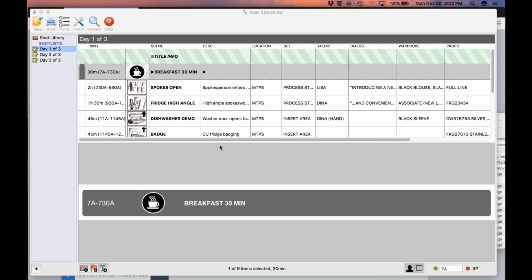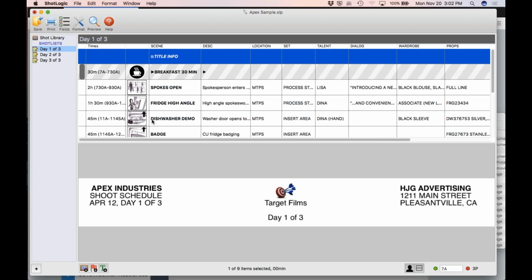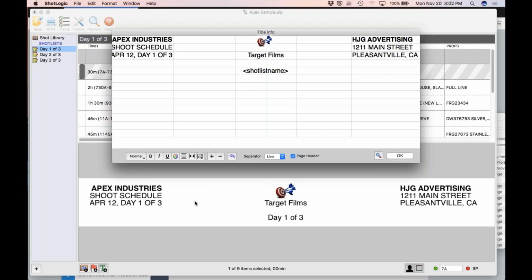So, what we have here is a schedule, and you're looking at a schedule similar to other programs. You have strips, and there are different types of strips. You have a title, so you can see title information down here at the bottom. Up here is a strip window, and down here is the individual strip that you were highlighting so you can work with it. So I can double click on that strip, and what you have here, this is a titles